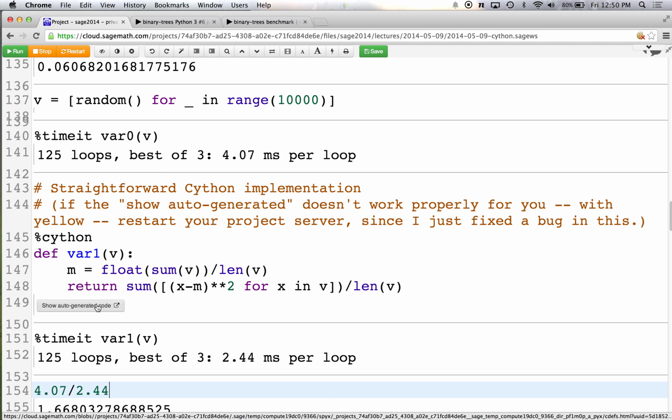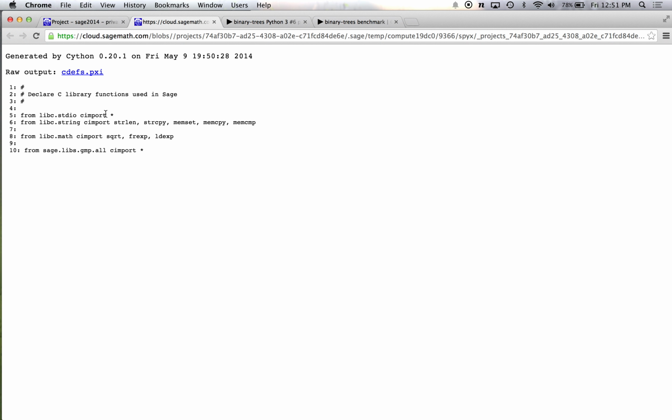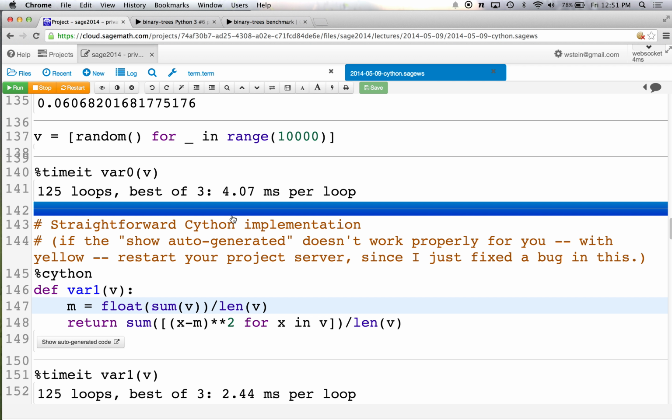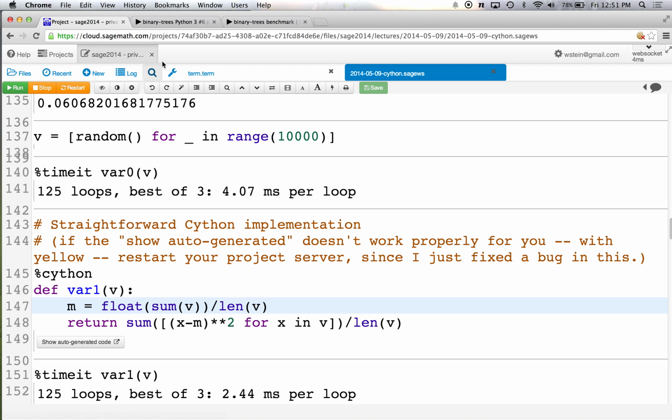By the way, I fixed the bug so that I can show the auto-generated code, or not. That's weird, because that is not right. What the heck? I'm absolutely certain I fixed this bug. It's critical that you see the correct auto-generated code.